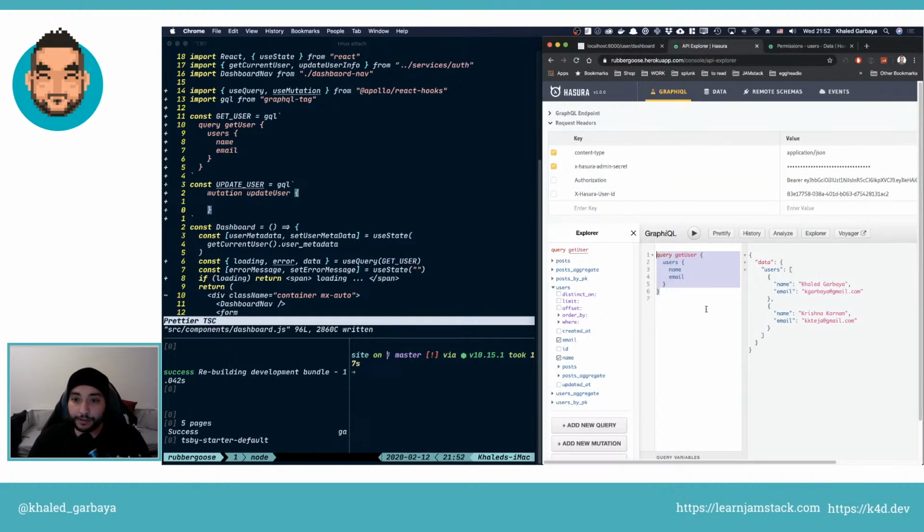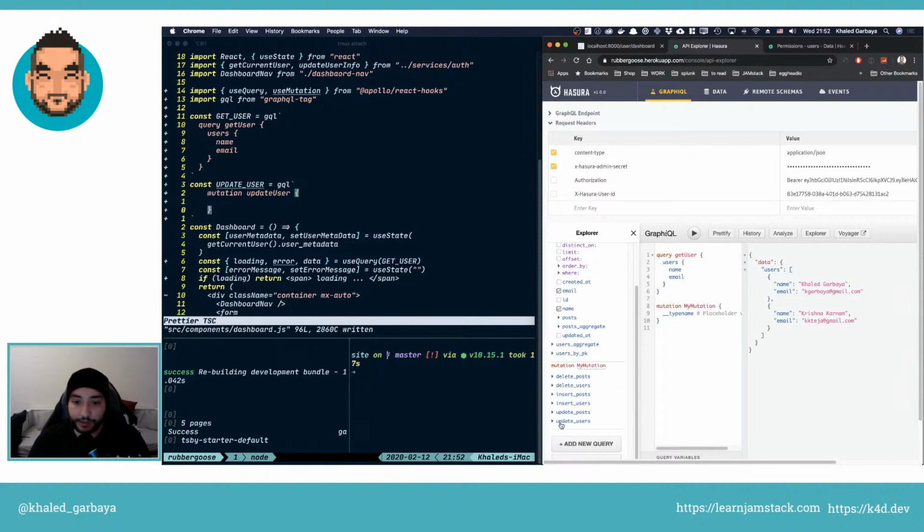Let's go back here and do add mutation, update users, set, where, come on, where ID equal